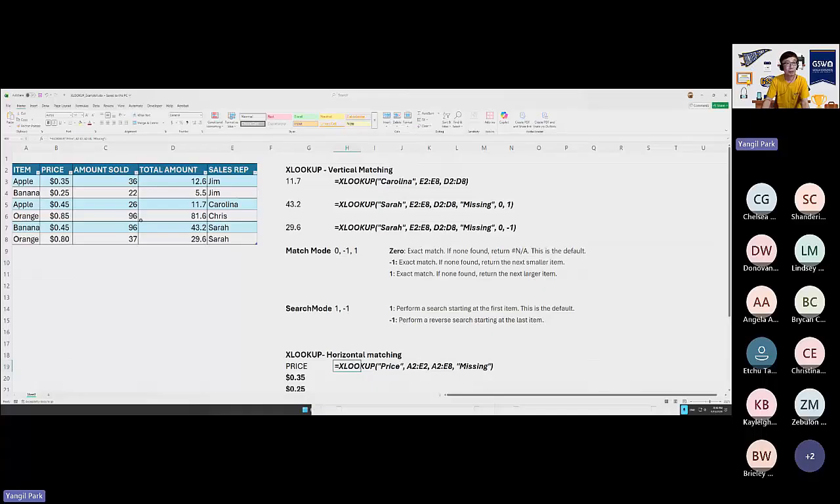So XLOOKUP, the way you're going to use XLOOKUP is, let's say we have this data set here, okay? Item, price, item sold, amount, and sales rep, okay? So we're trying to retrieve the matching record for Carolina, which is located in column E. So the way you're going to do it is very similar to a VLOOKUP. So first variable, that's the data that you're trying to find a match for. You can use the actual record or text number,